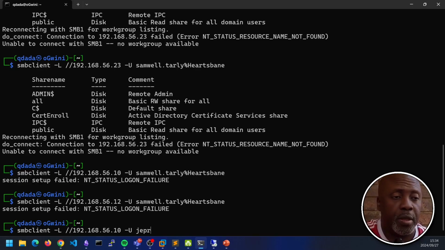Remember we've recently discovered this in that PowerShell script. Geo Momont, and the password is Longclaw.